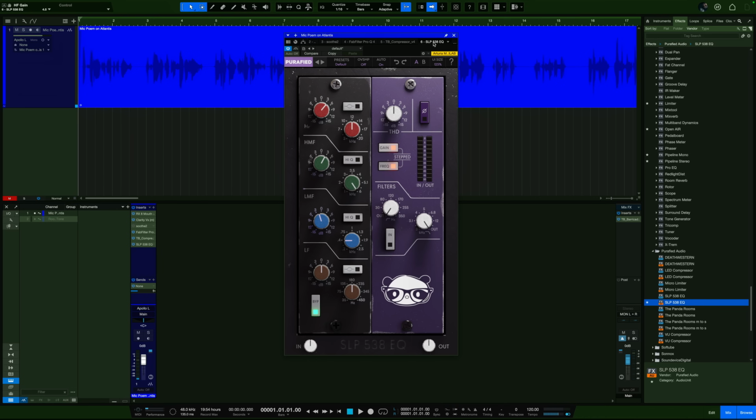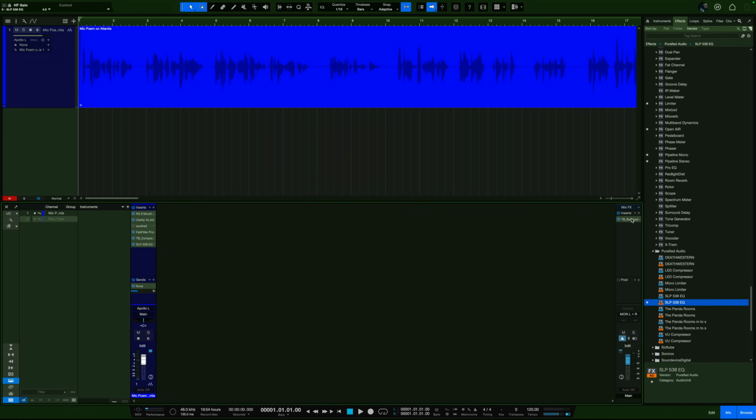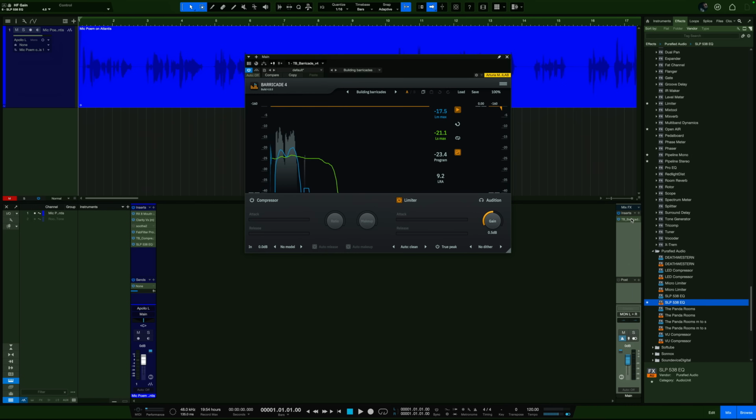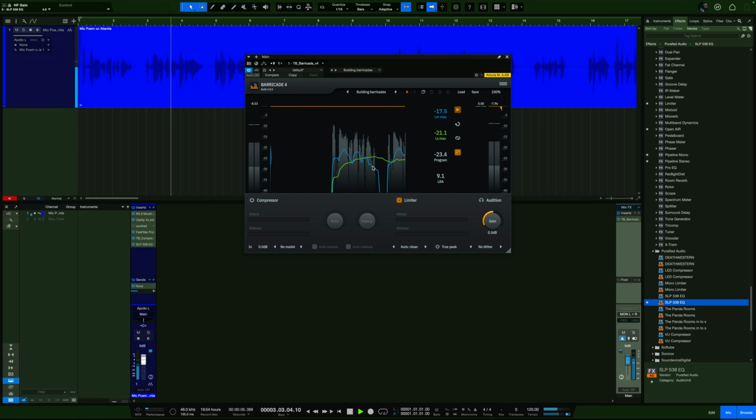So there we go. The last thing that needs doing is to raise the output to the required LUFS or RMS for delivery for whatever it is you're doing. For this, I use a limiter. Any true peak limiter will work. I've been using the Tone Boosters Barricade 4 lately. Clean and accurate. You'll need to keep an eye on the readout and make sure you're within your target parameters,